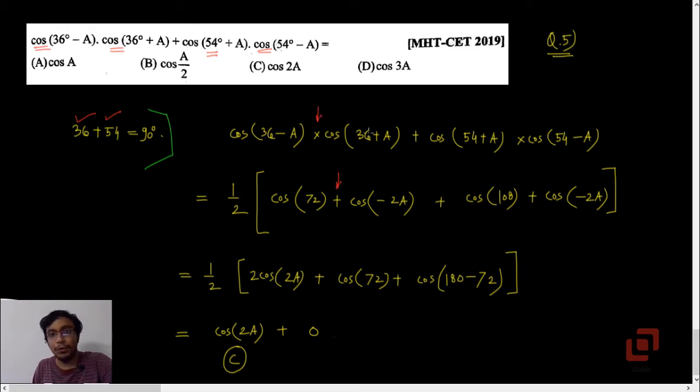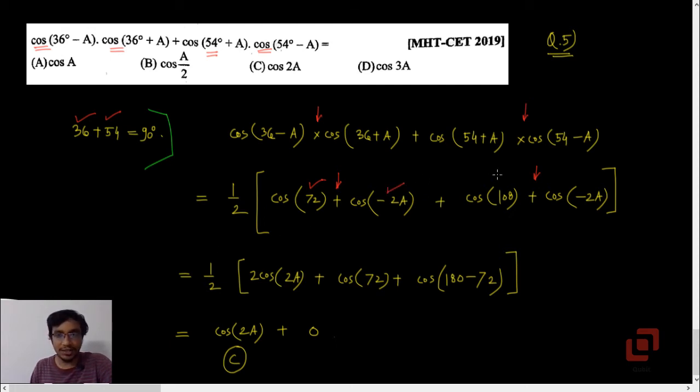Okay, so if you have 2 cos A cos B, okay, then it is cos of A plus B plus cos of A minus B. Okay, now we need to use this formula 2 times because even in the second case we have got cos of one angle into cos of the other angle. Okay, so here we need to add the angles, so we will get cos of 72. Here we need to subtract the second angle from the first. Now it really does not matter because cos of minus theta is cos theta. Okay, so here we have got cos of minus 2a.